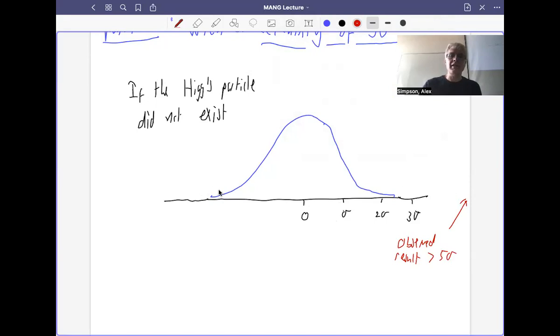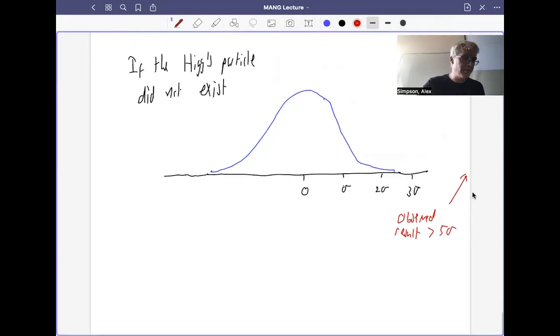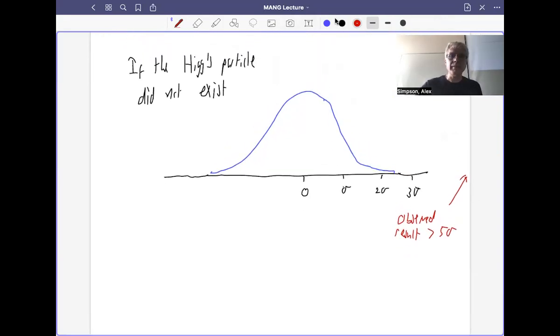So if the Higgs particle didn't exist, the expected results of the experiment would look like this. And actually what they observed is way off the picture of what's expected. It's so off the picture that if the Higgs particle didn't exist, then the probability of observing their result,